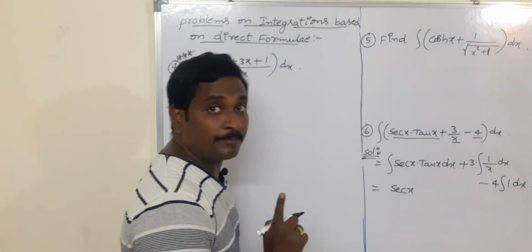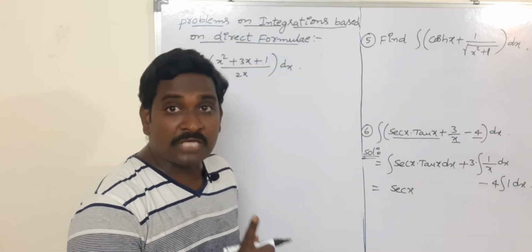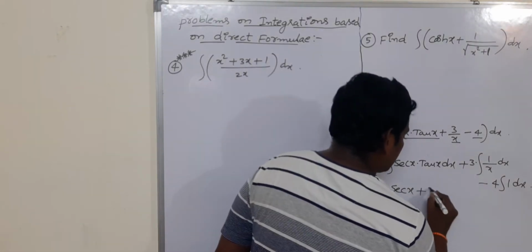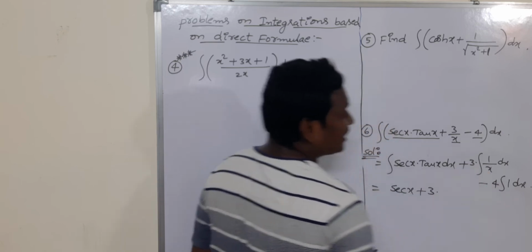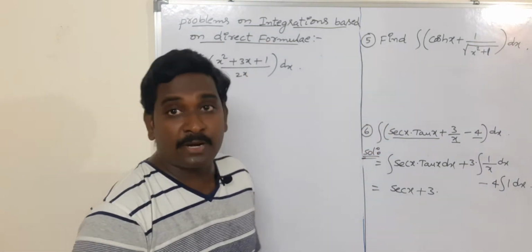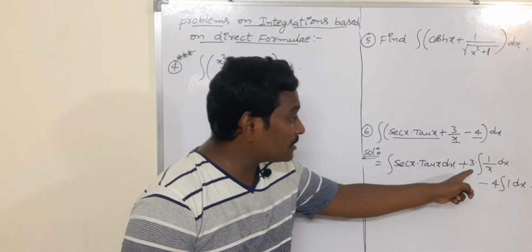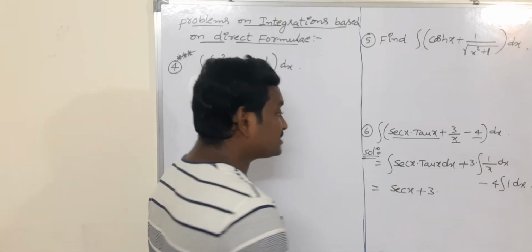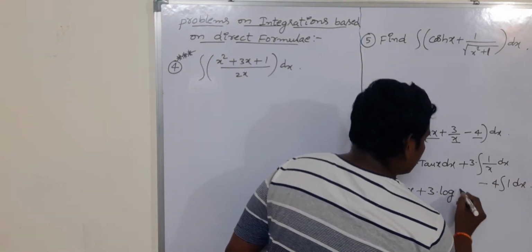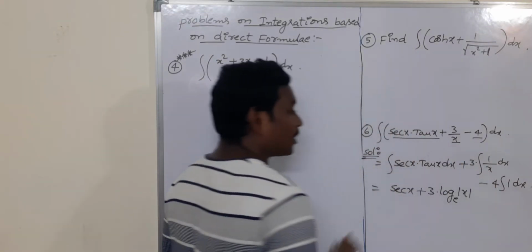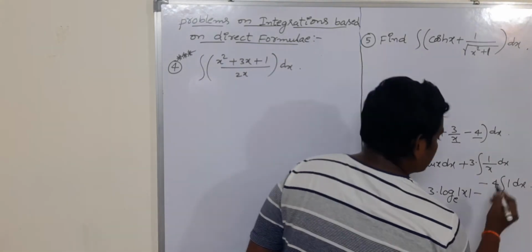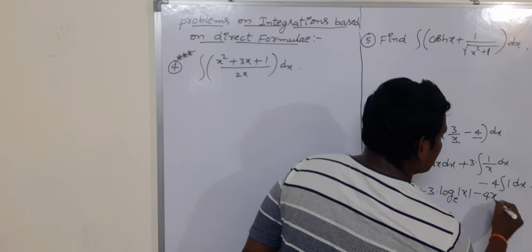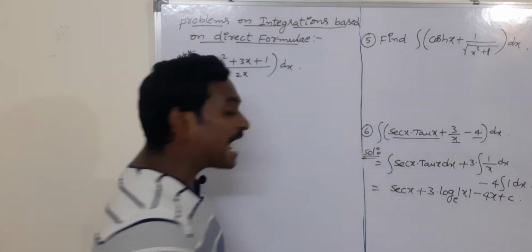Okay, don't forget one important point, integration and derivatives are inverse procedures to each other. Plus 3 into, what is integral 1 by x? Integral 1 by x is a very important formula. Already in the previous set of problems we got integral 1 by x, which is log mod x to the base a. You can simply write it as log x, no problem. Okay, minus 4 into what is integral 1 dx? Integral 1 dx is x. Integration is completed, that's why add constant c.